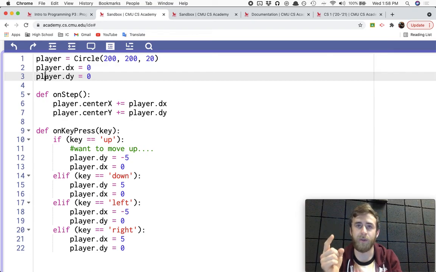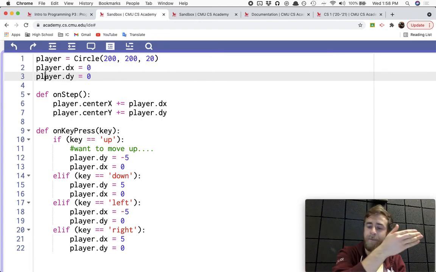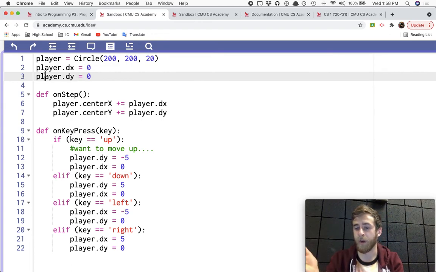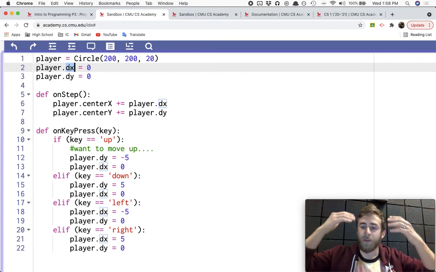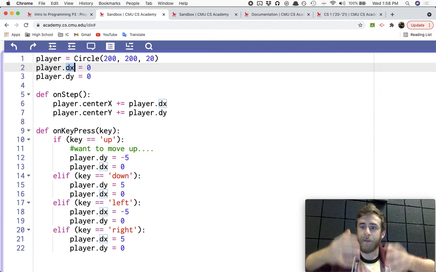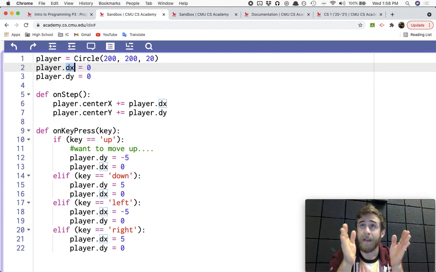What if I want to just press the key and have my character move one direction or another? And this is the only way to do it, is by using onStep. But I think in the next video, we're going to start talking about velocity. Velocity means the speed that a thing is moving, the amount of distance a thing is moving in any set amount of time. And once we're dealing with velocity, we can start also thinking about,